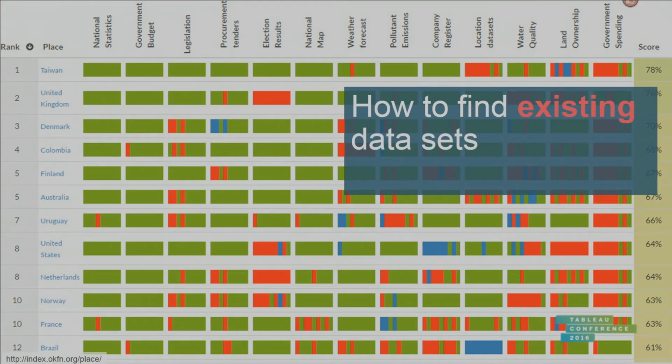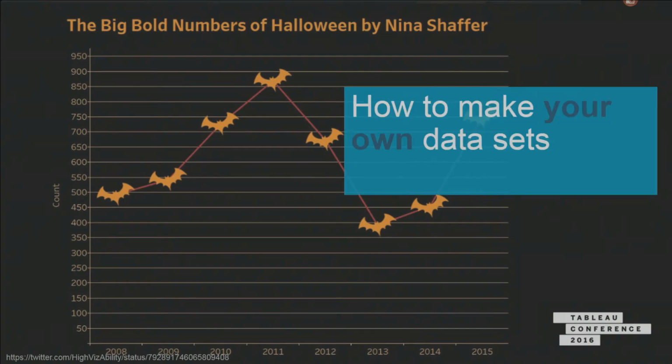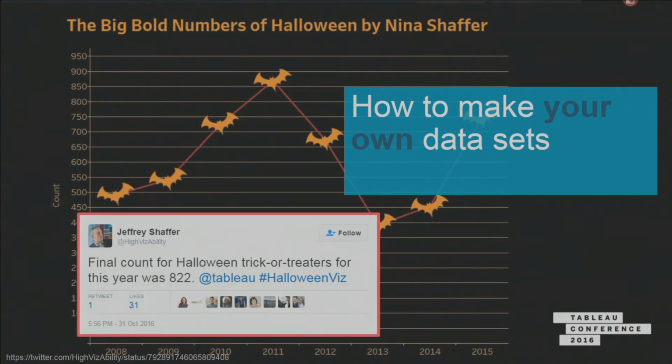But what if you want to get a data set that isn't already there, that somebody hasn't already made and curated for you? Well, that's not a problem either. It's actually really fun and rewarding to make your own data sets, and you can make them about anything. What you're looking at here is one of our Zen masters, Jeffrey Schaefer's daughter, Nina, who's in primary school. Jeffrey Schaefer collects how many trick-or-treaters come to his house every year, and he does this by tallying them with a piece of paper. Not really high-tech, but what he's done is made a really cool data set around how many trick-or-treaters they get every year.